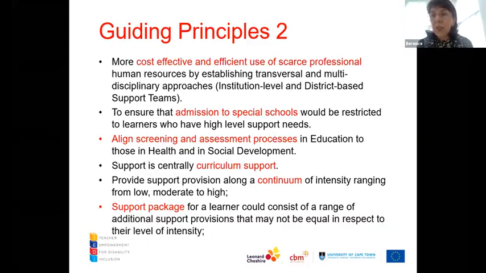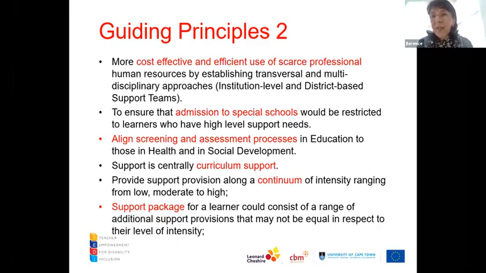And so we started a system of outreach teams from these schools, and they would visit the school as a team, and on the team would normally be a therapist, a remedial or learning support teacher, and a psychologist. And they would do classroom observations, or they would sit with the team at the school and discuss the learner. And after a few months of doing that, parents would phone us and say, it's okay, I don't need my child to go to a special school anymore because he or she is getting the support in the school where he or she is.